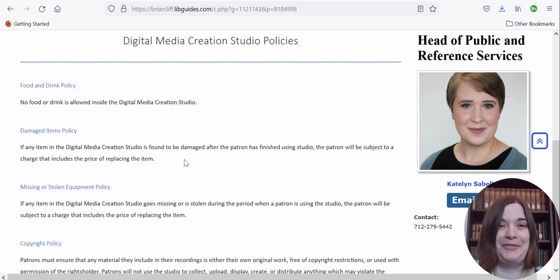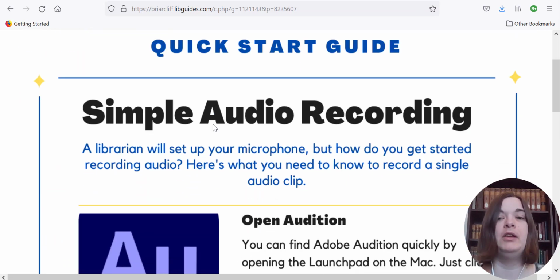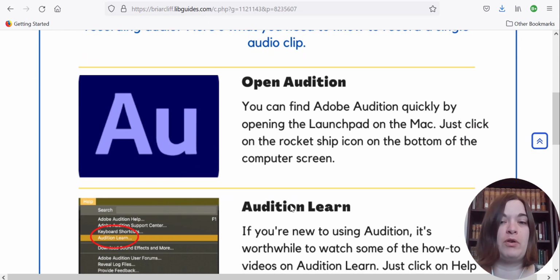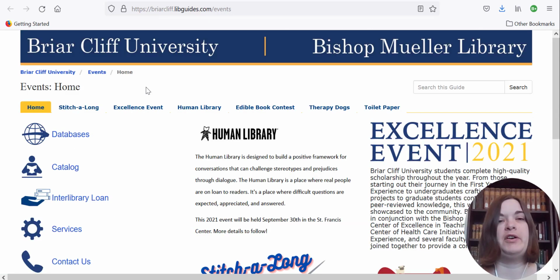So please do be careful when you're using the equipment, since some of it is quite expensive. And the final tab is Audio Recording Help. It gives you a quick start guide for how to use Audition and the mixer to record a podcast or other audio files.